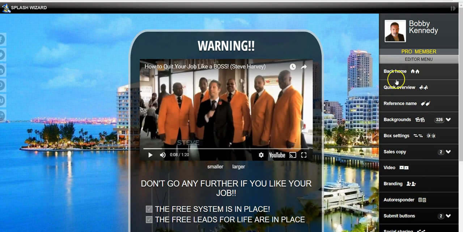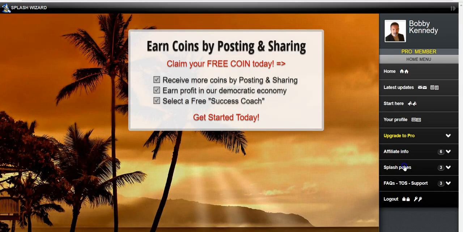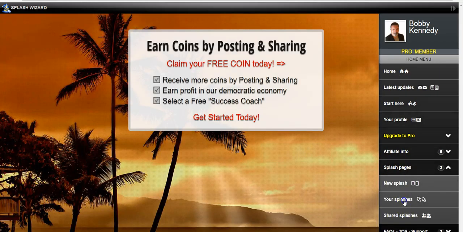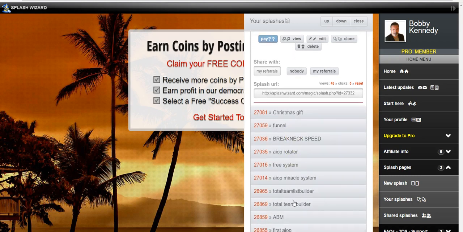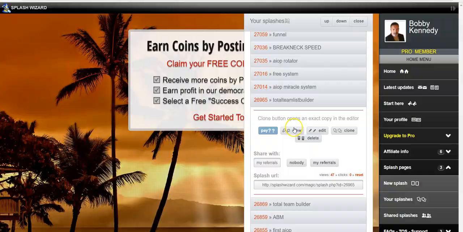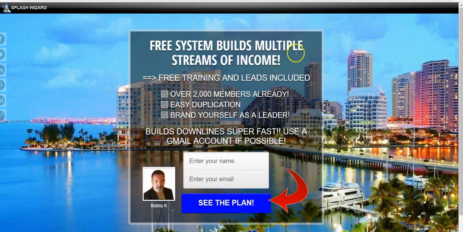Let me go back home. Let me see if I can find that other page. I got them all set to share, all the ones that I really like. You could delete them too in 2 seconds. So if you're worried that you're going to get a bunch of pages, if you don't like the pages, you just delete them, man. I don't know if this is it. Well, that's another page, so it's a nice page. I made this one without a video. I put my picture,